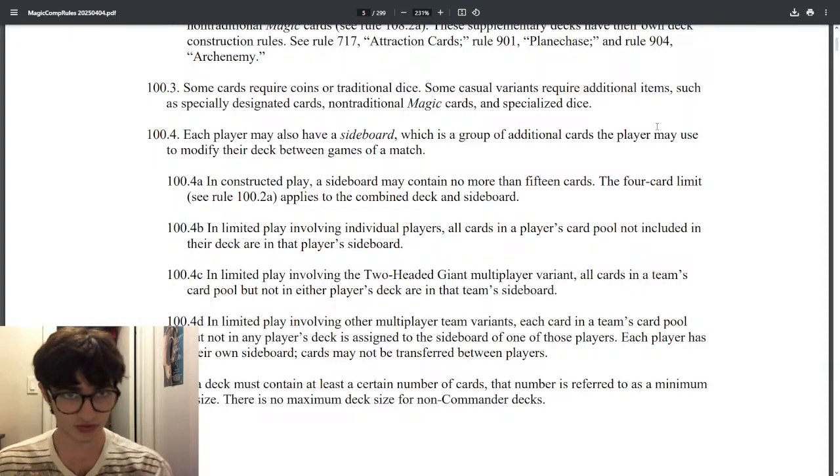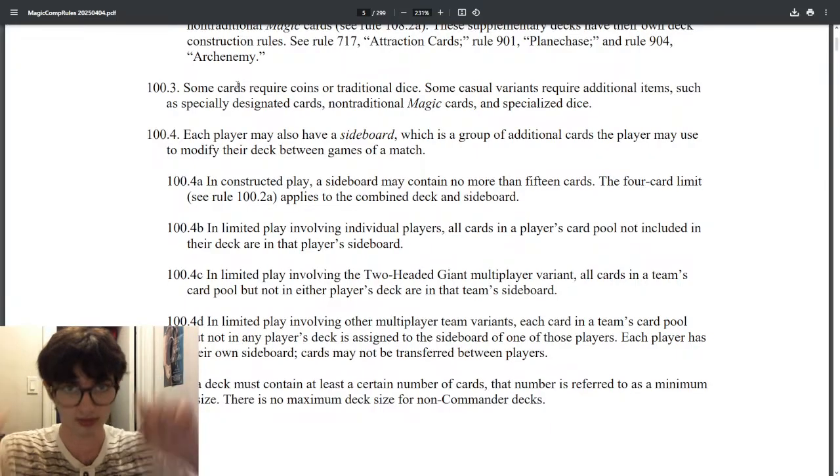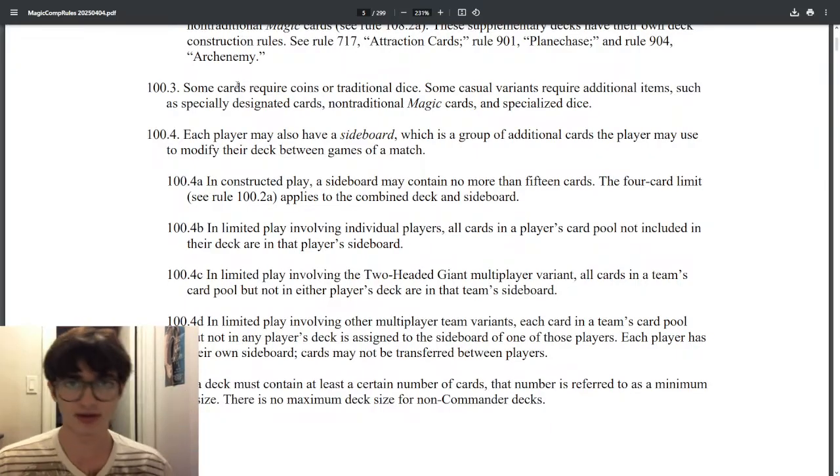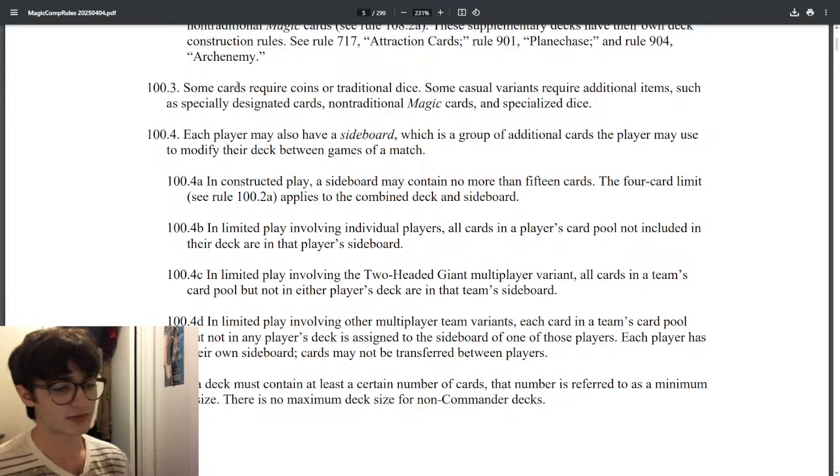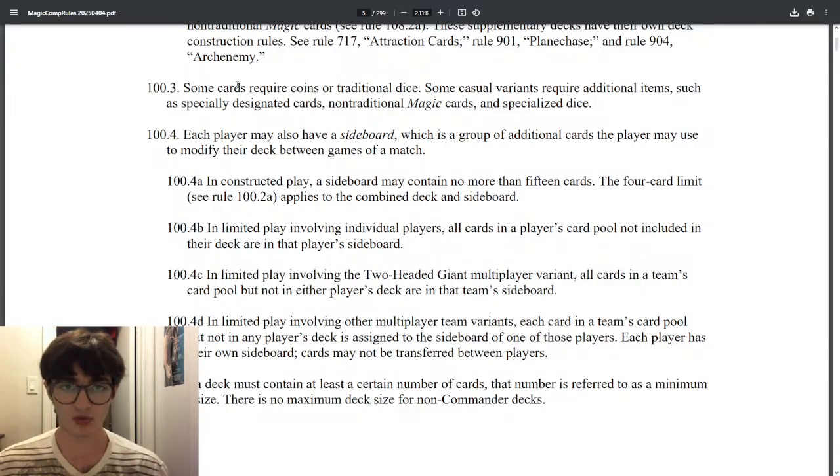Technically, this is true that you have to have a coin or a die, a d20, a d12, a d10, but this rule does not specify what represents a coin or traditional die. Like, this just uses plain English.